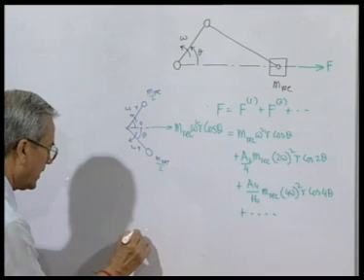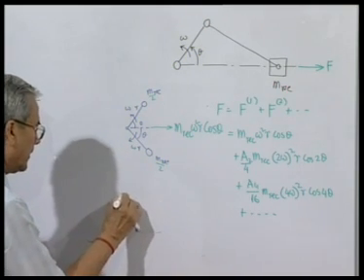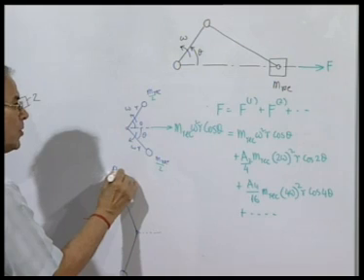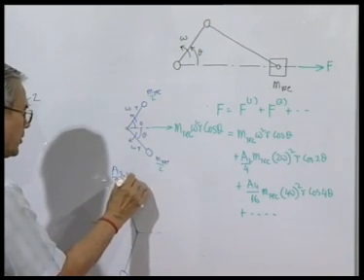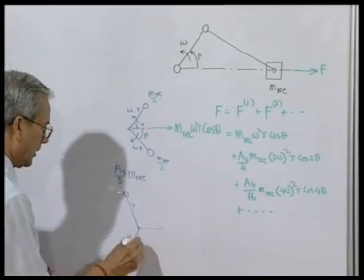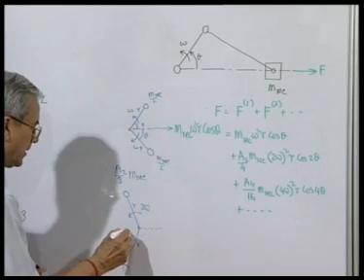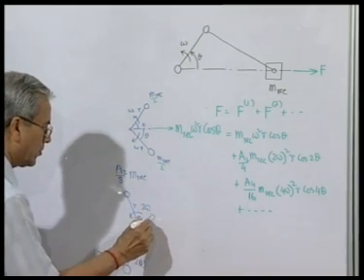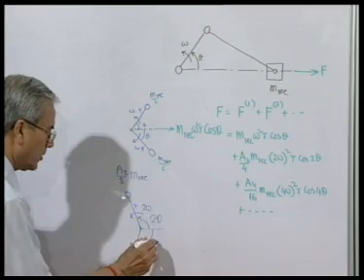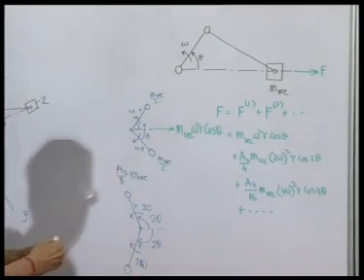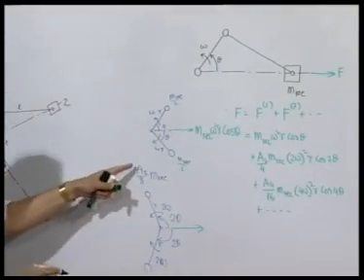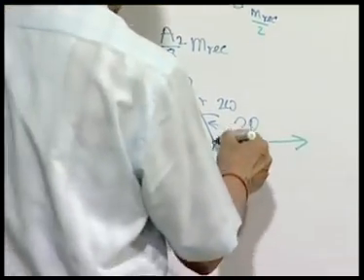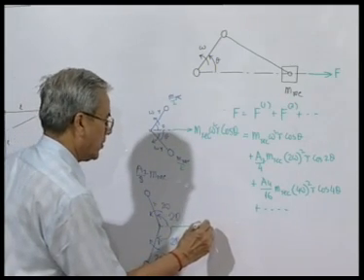What we can say is that the secondary, if we consider, and we put here say a 2 by 4 or 8 m reciprocating at this r, and they are rotating at of course double the speed, and this angle is 2 theta, this angle is 2 theta. So, the force in this direction will be how much? It will be a 2 by 8 into m reciprocating 2 omega whole square into r into cosine 2 theta, and same thing here. So, together they will produce